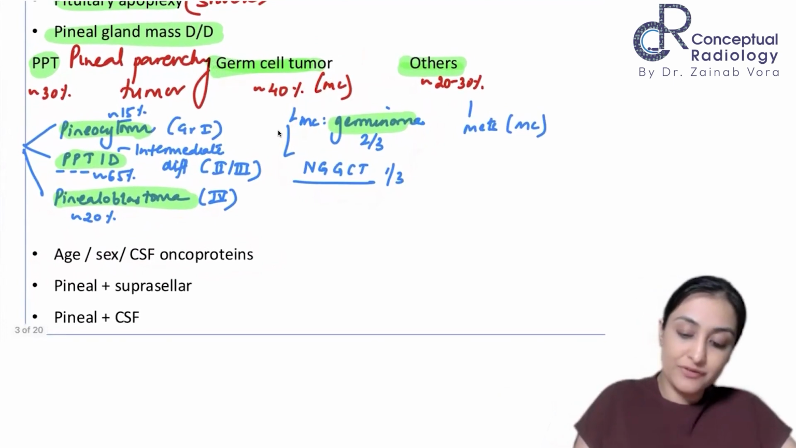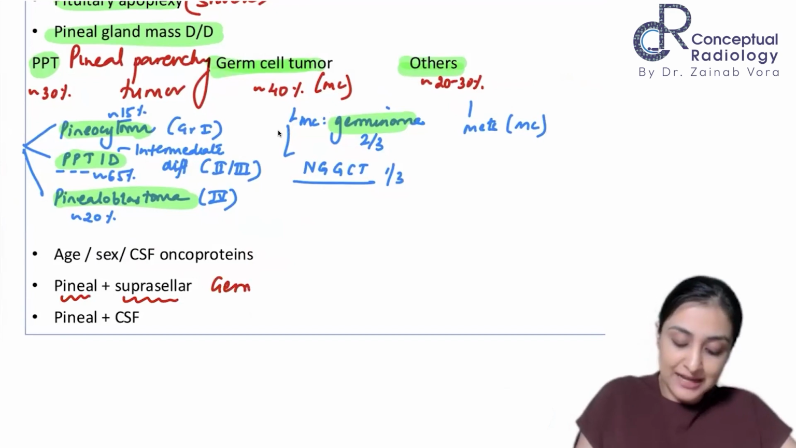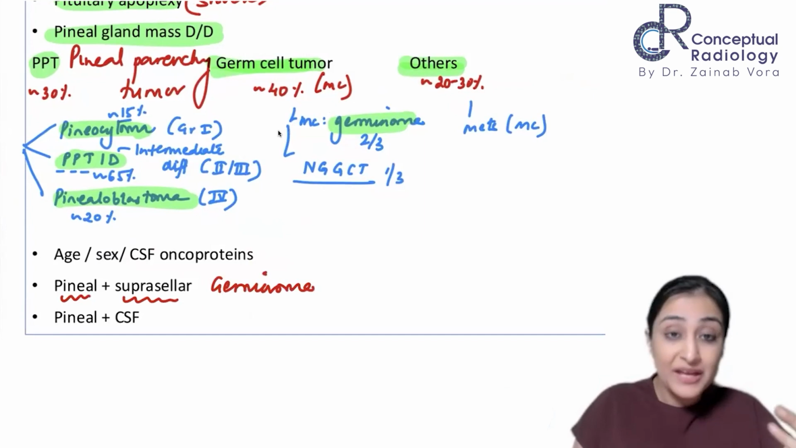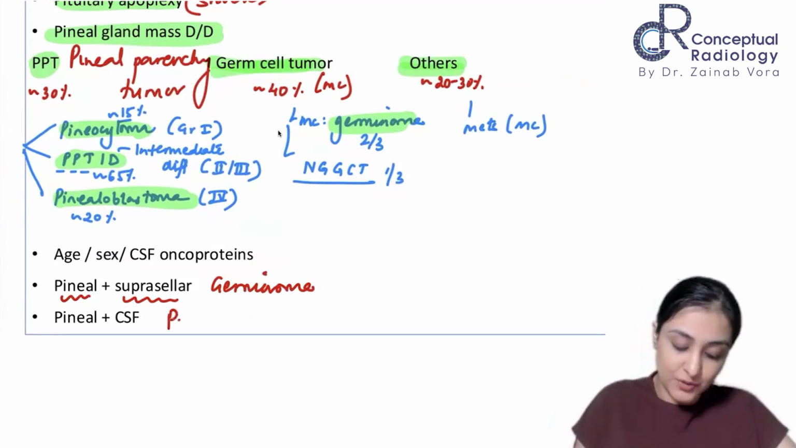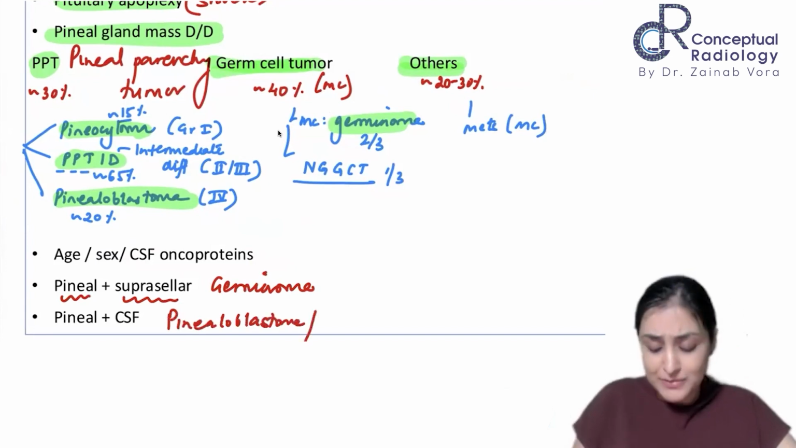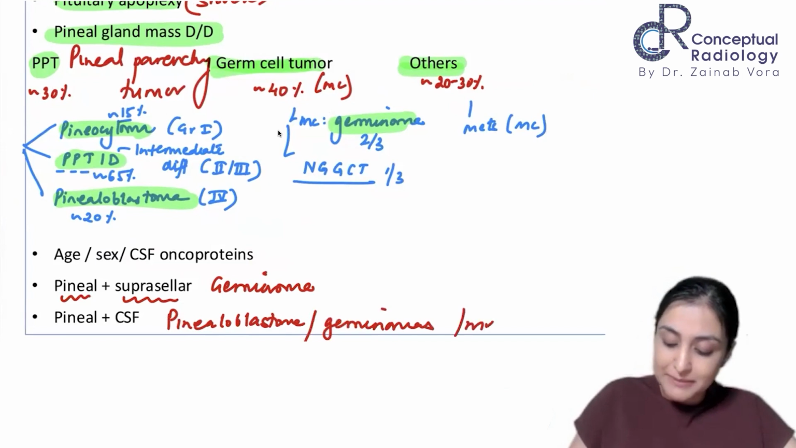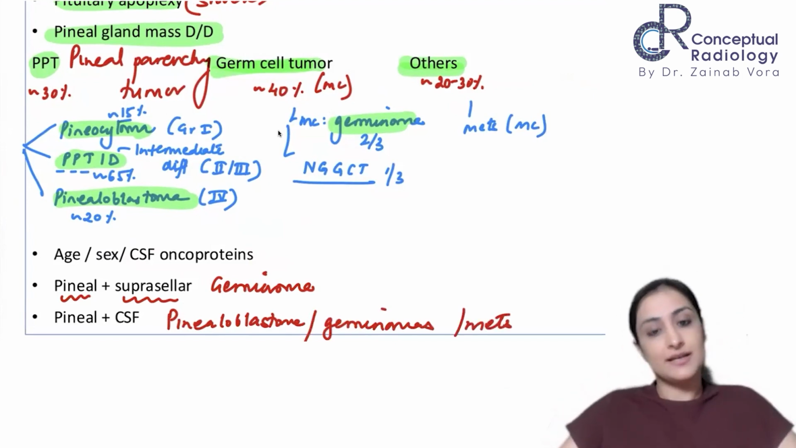Another thing which may favor a diagnosis is if you have a pineal plus a suprasellar lesion, two coexisting lesions. It's likely to be a germinoma, which can be present in two locations. If there is a pineal mass with CSF spread, that favors the diagnosis of a pinealoblastoma. It may also be seen in germinomas, and it may also be seen in metastasis. So when you have CSF spread, these are the three main differentials that we have to